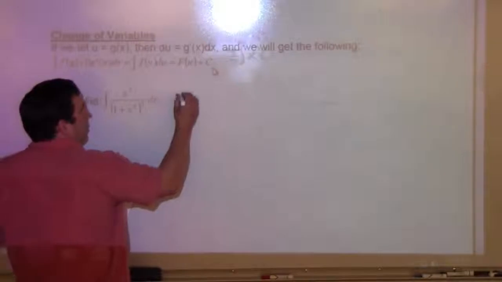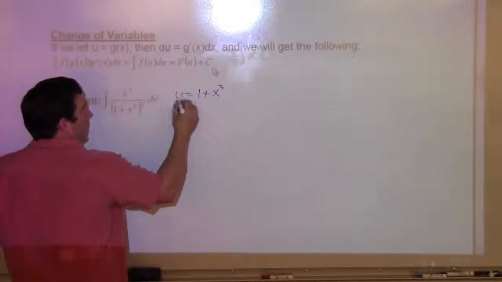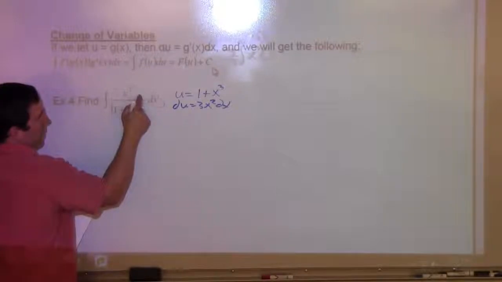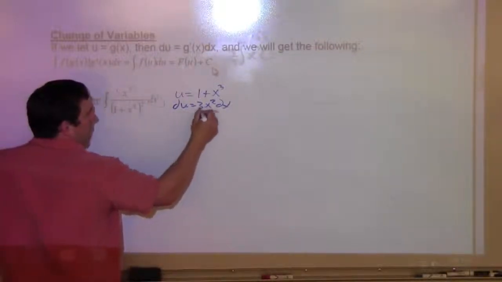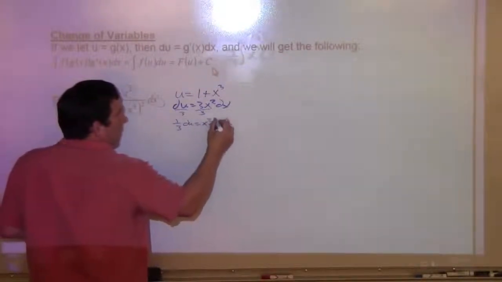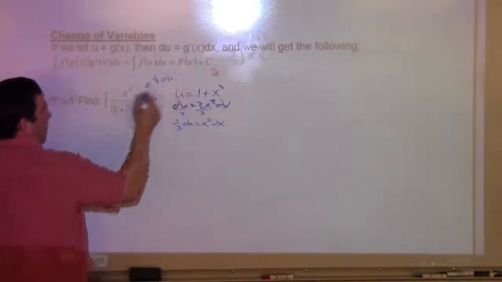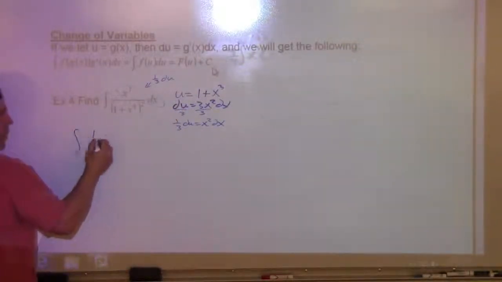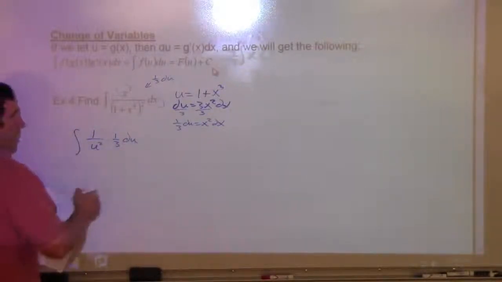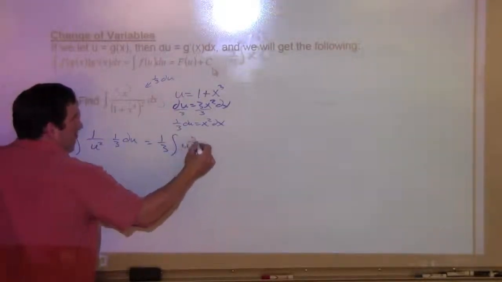Okay, so in this one we'll follow the same process. If we say u equals 1 plus x cubed, our du would be 3x squared dx. I have an x squared dx, but I don't have 3 times that, so if I divide both sides by 3, 1/3 du equals x squared dx. So that this part is 1/3 du. And we'd have the integral of 1 over u squared times 1/3 du. And I can pull the 1/3 out. This becomes 1/3 integral u to the negative 2 du,